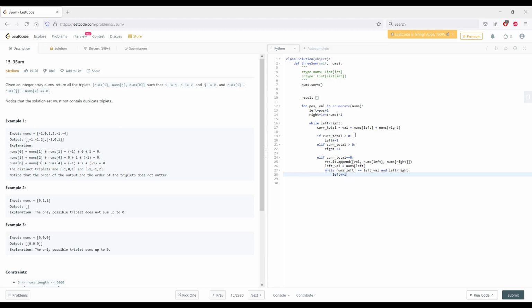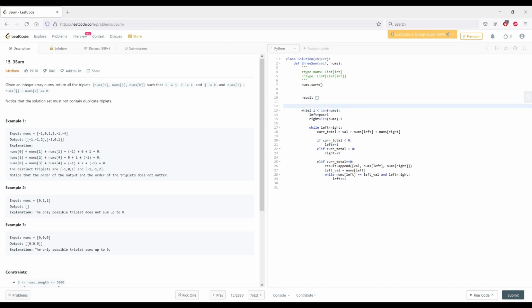And actually, this would be better. It'd be len nums, initialize i equals 0 here. Why did I do this? Well, again, with the duplicates. So if we have like this example,